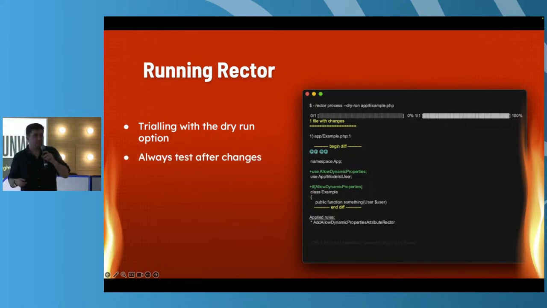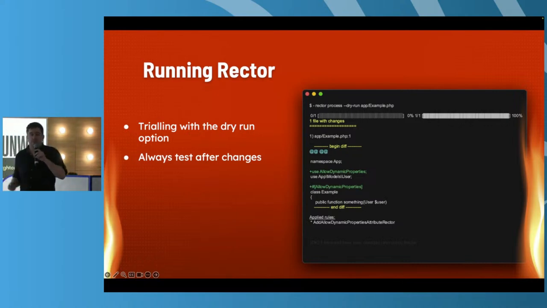Something we should also do is always make sure we run tests after using Rector, because I can guarantee you, as good as the people are writing the rules for Rector, it doesn't necessarily mean that they knew all the different contexts of how that rule could affect code. And often they can end up breaking things or just, yeah, making a bit of a mess.